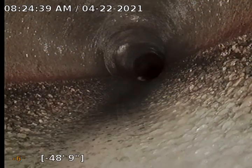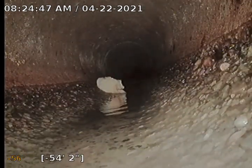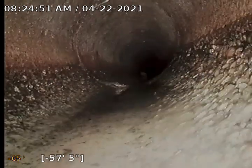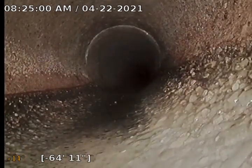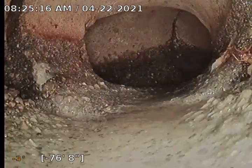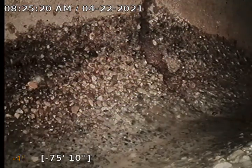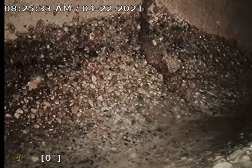Right. Okay. Good eyes. The next spot we're going to hit, we should see 6837's downspouts and soil pipe that comes off the back of the house on the left side of the screen, and then we'll come back around a turn into 6833's personal sewer line. Well, there's the turn. I didn't see their tie-in, but we're coming back now into 4-inch diameter pipe. So there's about 75 feet of 6-inch diameter shared sewer line before you get to that lip that I couldn't jump over. Now that we're coming back into the personal 4-inch diameter line, I'm zeroing out the footage, so we'll get an accurate look at the